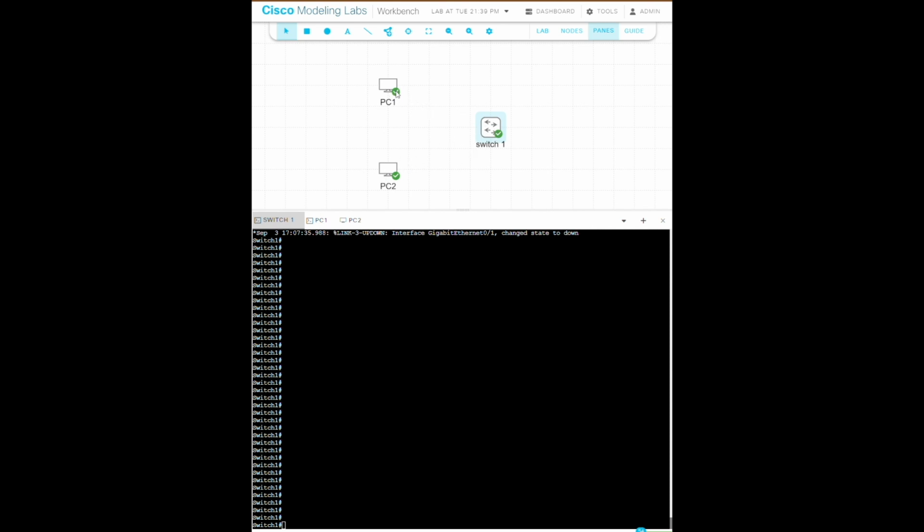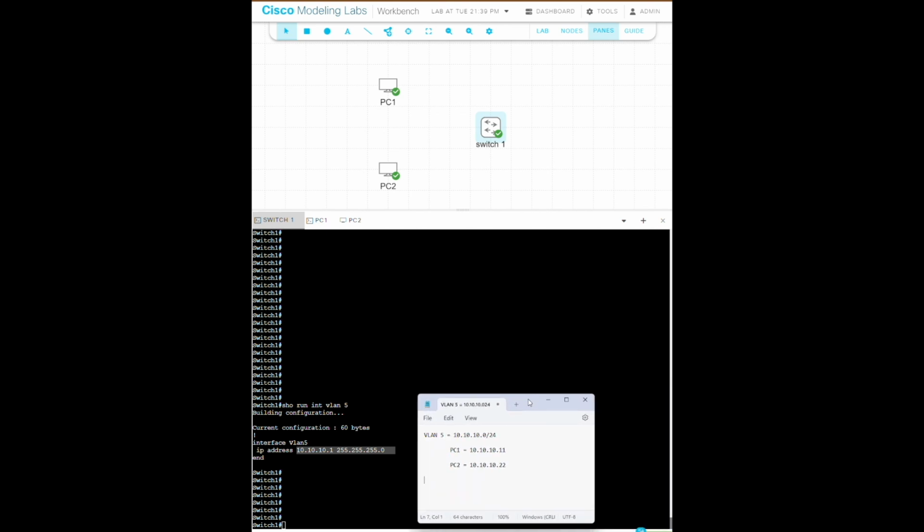These computers are going to be communicating on VLAN 5. In the switch, if I run the command line show run interface VLAN 5, I see where VLAN 5 belongs to the network 10.10.10.0/24. These computers will be configured to IPs 10.10.10.11 on PC1 and